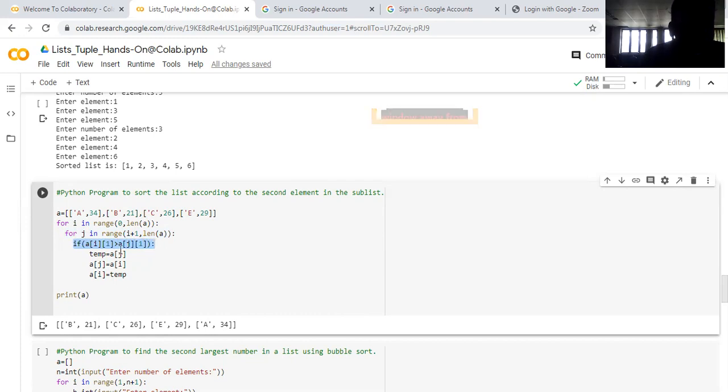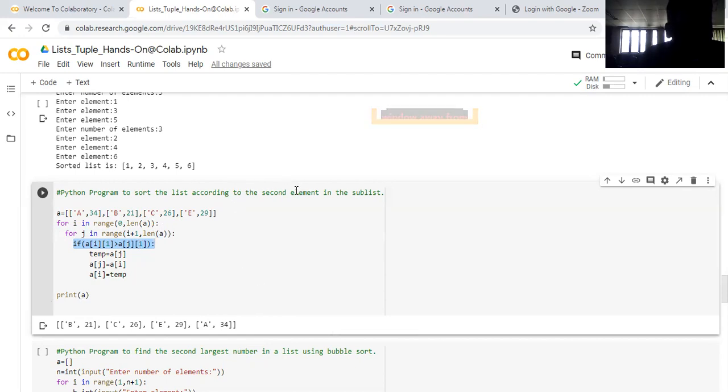Okay, what should be done? You swap the two elements by using the temporary variable. As you all know, you can sort the elements using temporary variable. First, A of j should be moved to temp. Next, A of I is moved to A of j. And finally, A of I will contain the temporary variable. So when you print, you will be sorting according to first comes B, next comes C, next comes E, finally you will get A. Understood. This is sorting the list according to second element.